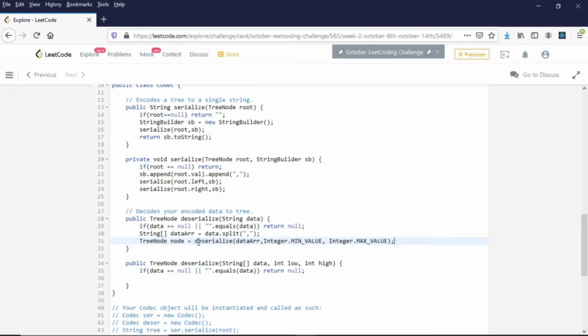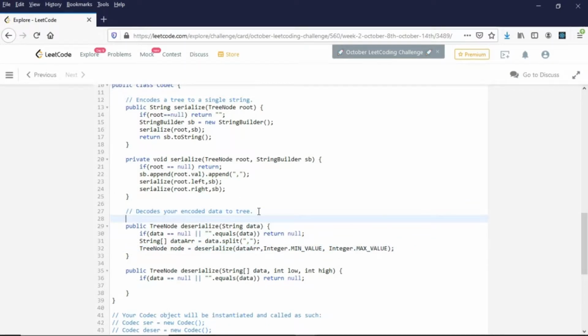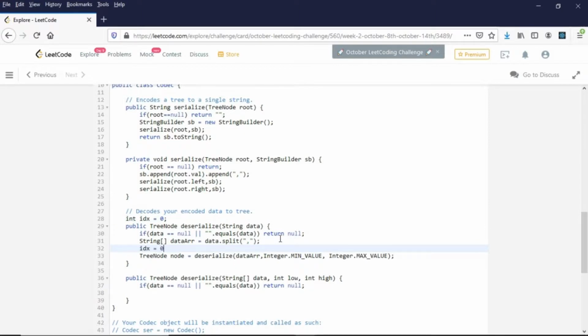So the low will be Integer dot MIN_VALUE and the high will be Integer dot MAX_VALUE, because at the root I do not know which one is min and which one is max. And I will use a variable int index equal to 0. So assign the index equal to 0 before calling this method.